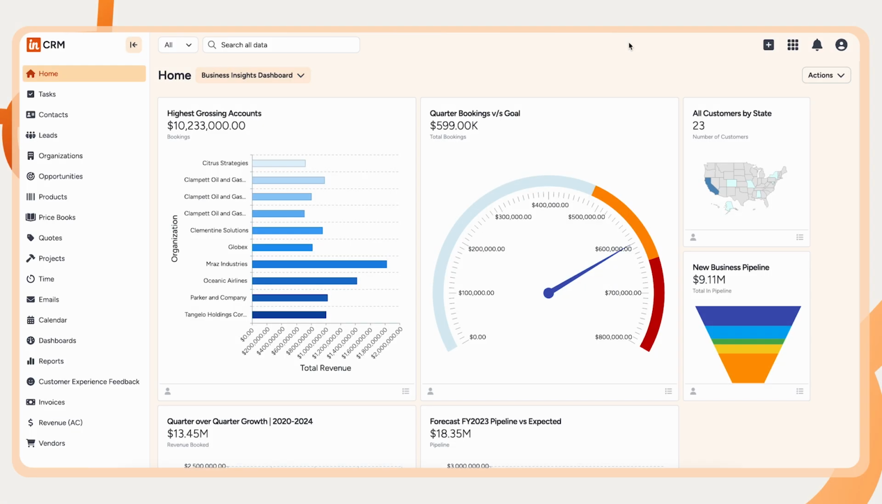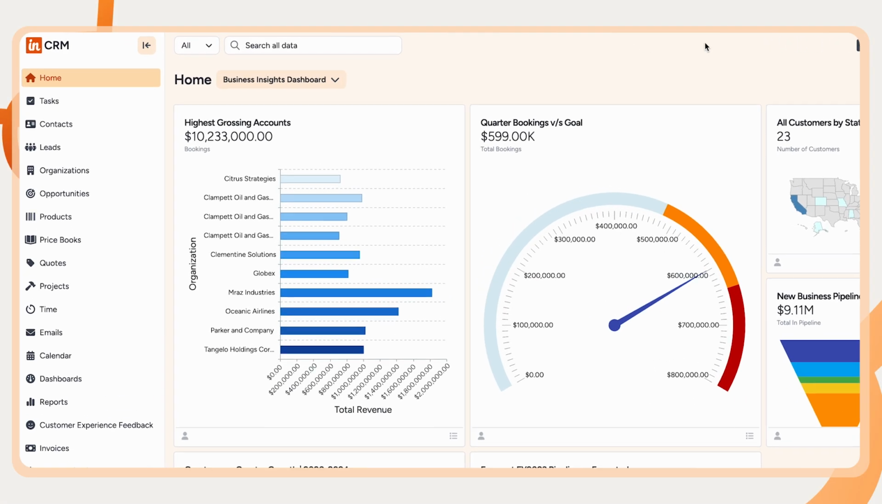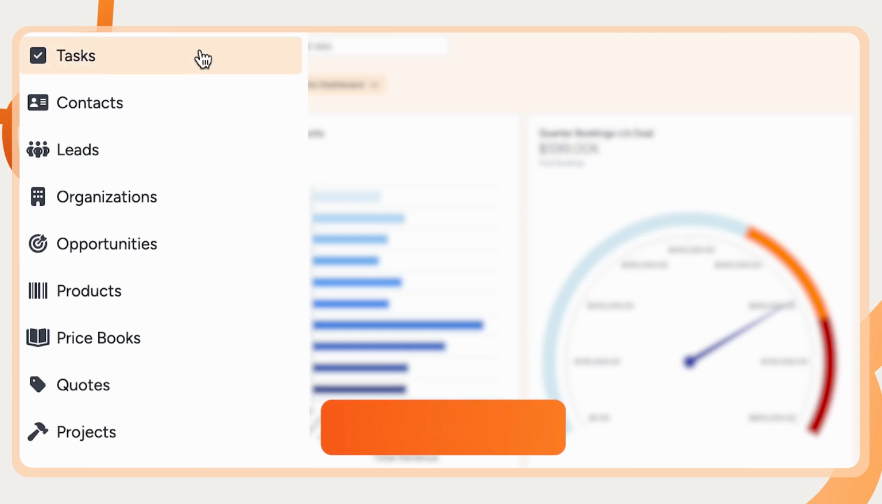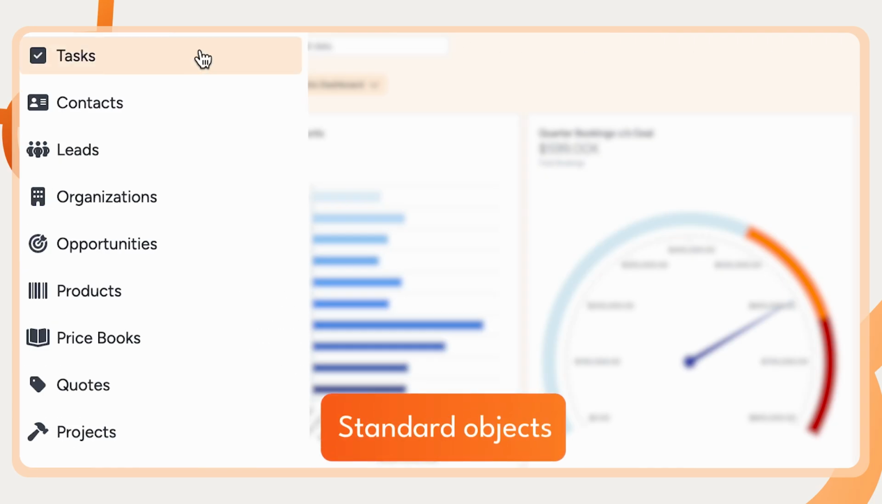Here we are logged into the Insightly CRM. All of the standard objects are organized along the left-hand side, including tasks to manage to-dos or consolidate activities delegated to individuals on your teams, contacts and organizations to manage existing relationships with the people and companies in your network that you do business with, leads and opportunities to track your qualification and sales pipeline processes, and as part of